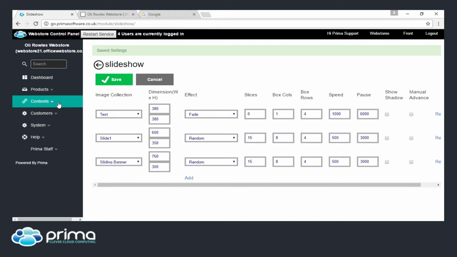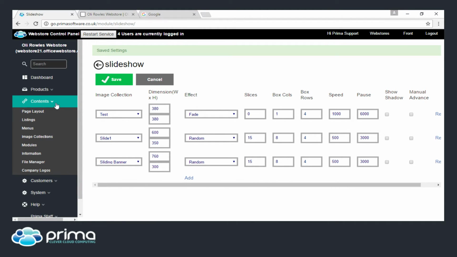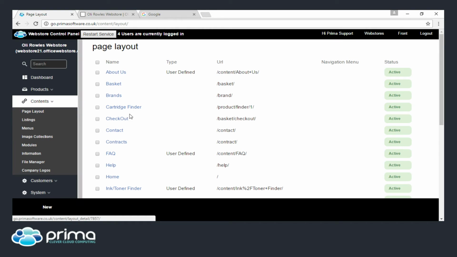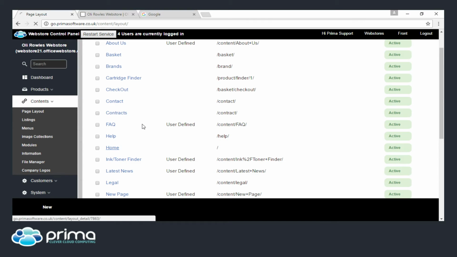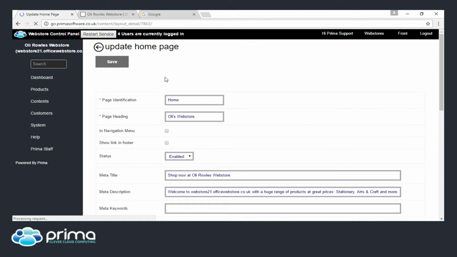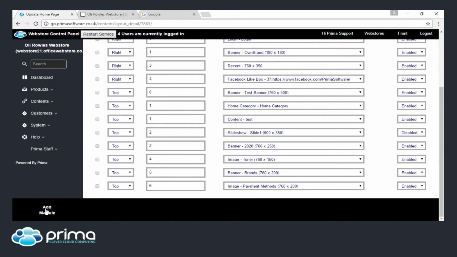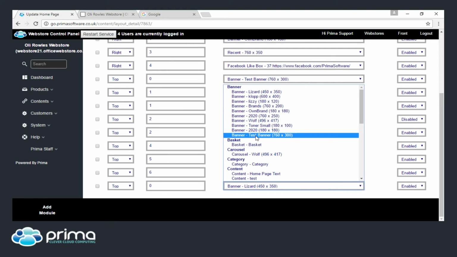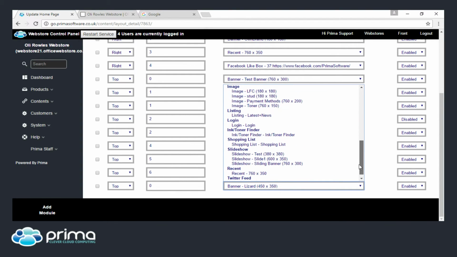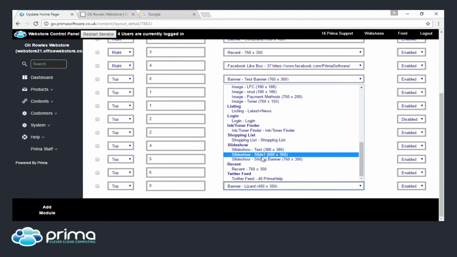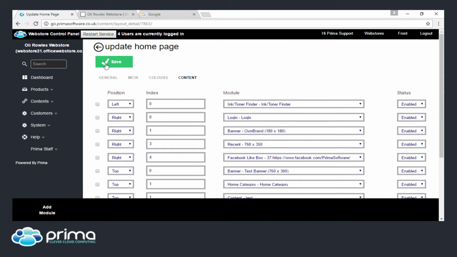Again we're just going to apply it to the page. So we'll go to contents and then page layout, and then into the home page. If we click into the content tab, again we're just going to add module at the bottom. If I select that at the top, that means it's going to display in the center. Then I'm going to scroll down and select slideshow. If I hit save on that,